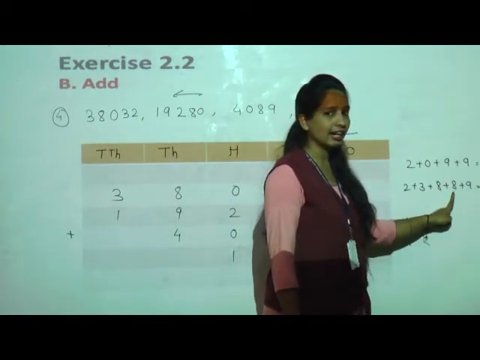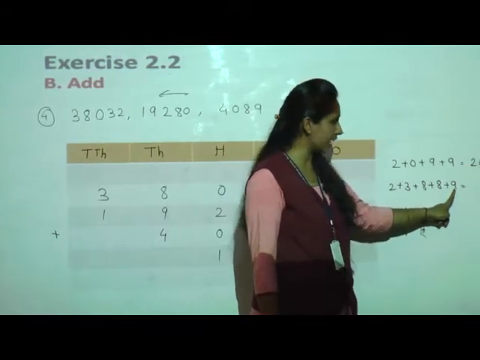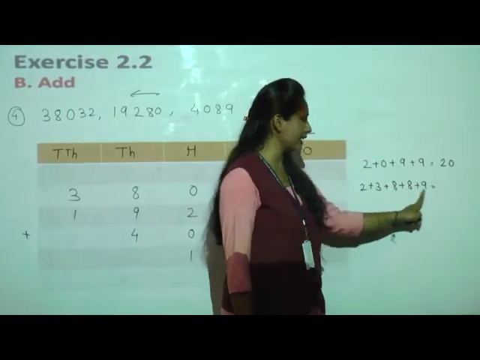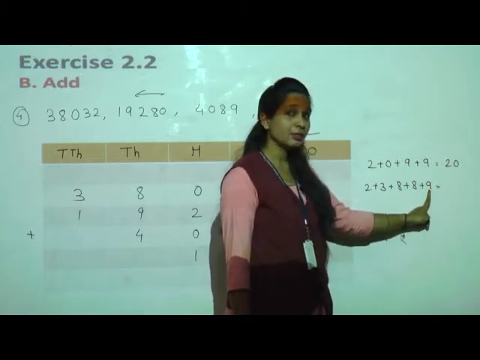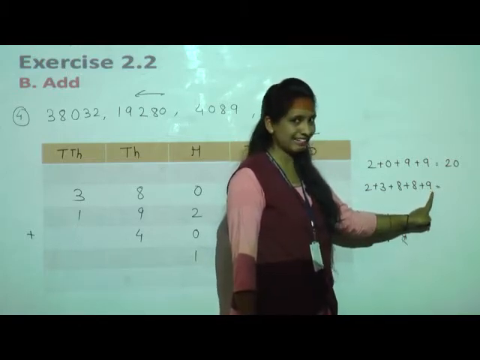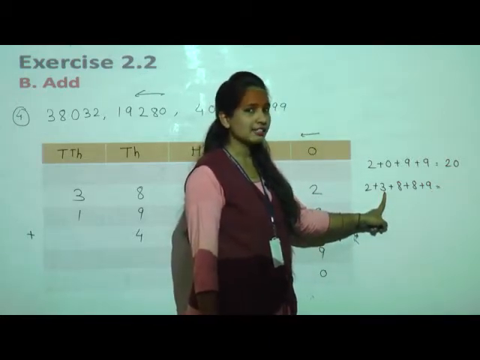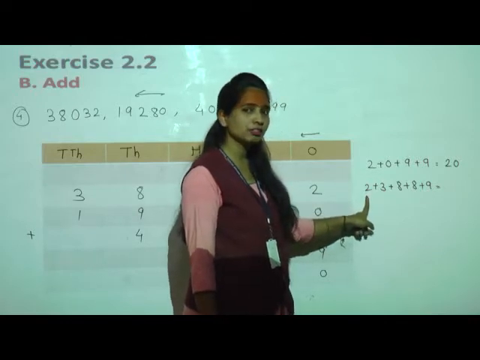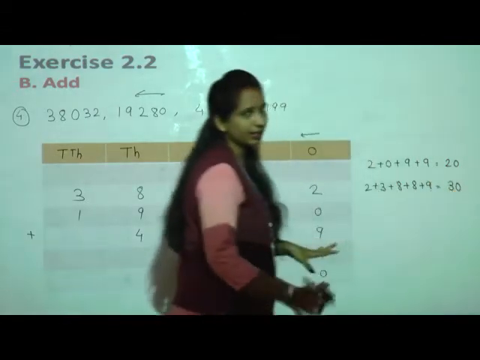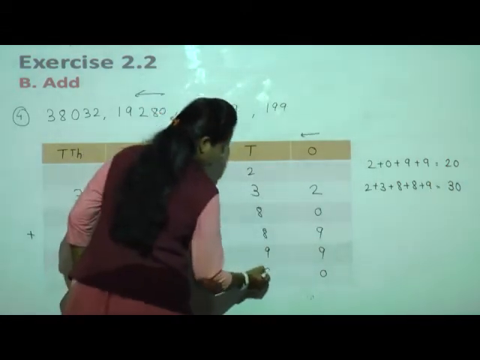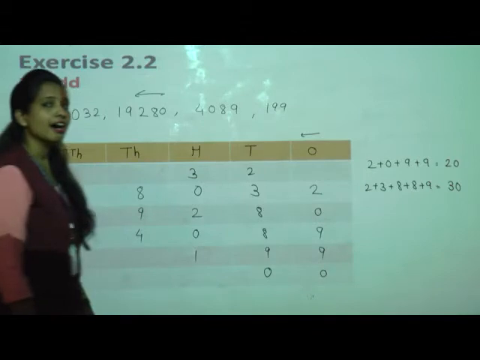8 plus 8, 8 2s are 16. Here again we get one more 8, but it is 9. 8 plus 1 is 9. So 8 plus 8 plus 8: 8 1s are 8, 8 2s are 16, 8 3s are 24. 24 plus 1, here 9 is there, 25. 25 plus 3, yes, 28. 28 plus 2, yes students, 30. So write here 30. You can do addition in your own way, however you feel easy. So I'll write 0 on the tens place, and 3 I will carry to the hundreds place.